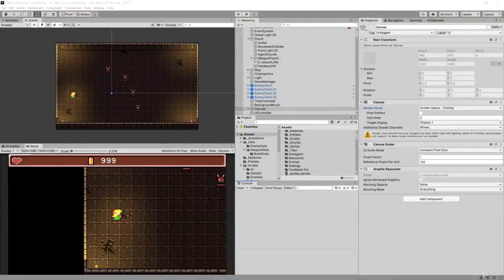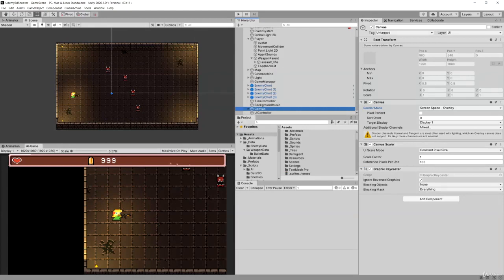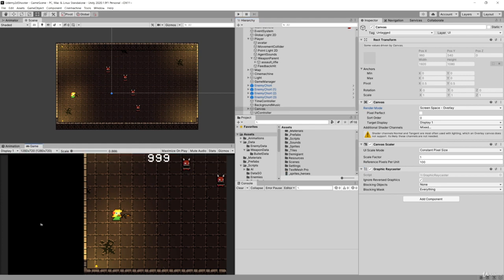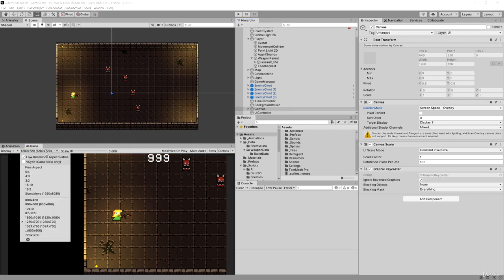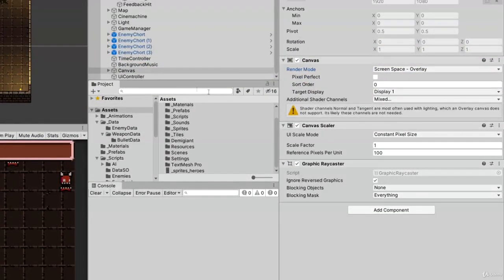In the previous video, we were almost done with preparing our UI, but I have forgotten one important step when setting up this UI. If you click in the hierarchy on the canvas, you have those components here, one of which is canvas scaler. And this is pretty important because now if our game is set in the game view for 1920 by 1080, if I change it to something lower, our menu will be gone. So I'm going back to 1920 by 1080, and in the canvas scaler component inside the canvas object